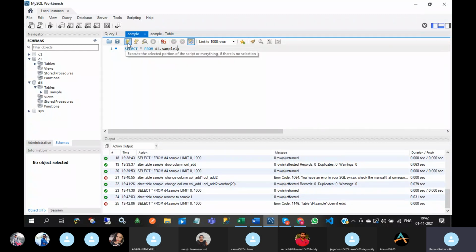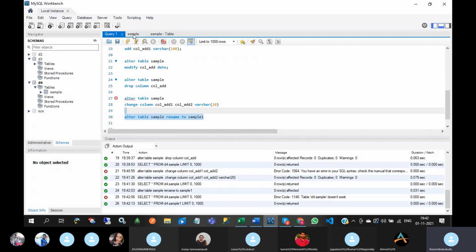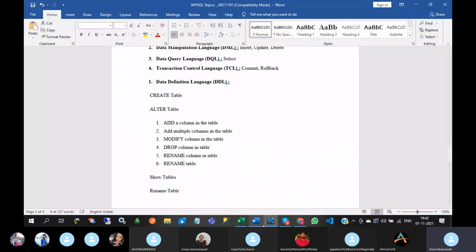So if you put sample 1, you will have the records. Okay, so these are the commands for these concepts: adding a column, multiple columns, modifying, drop, rename column, rename table.